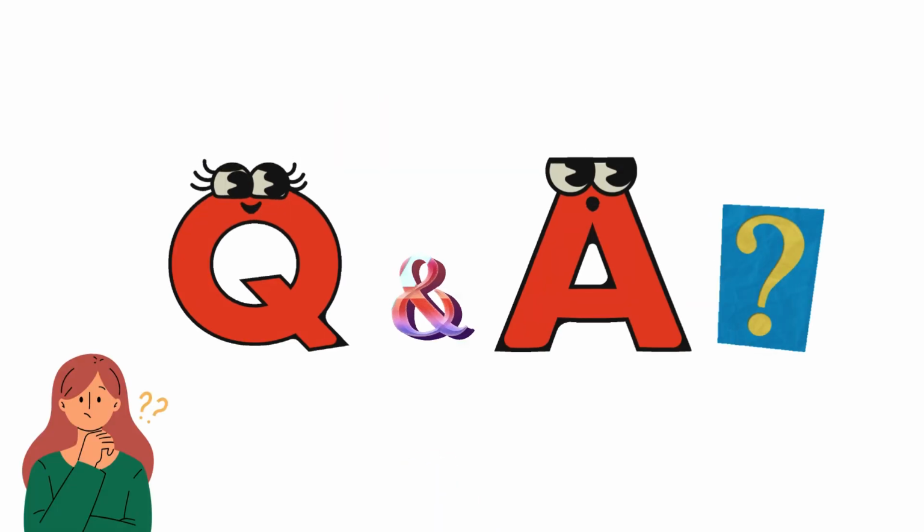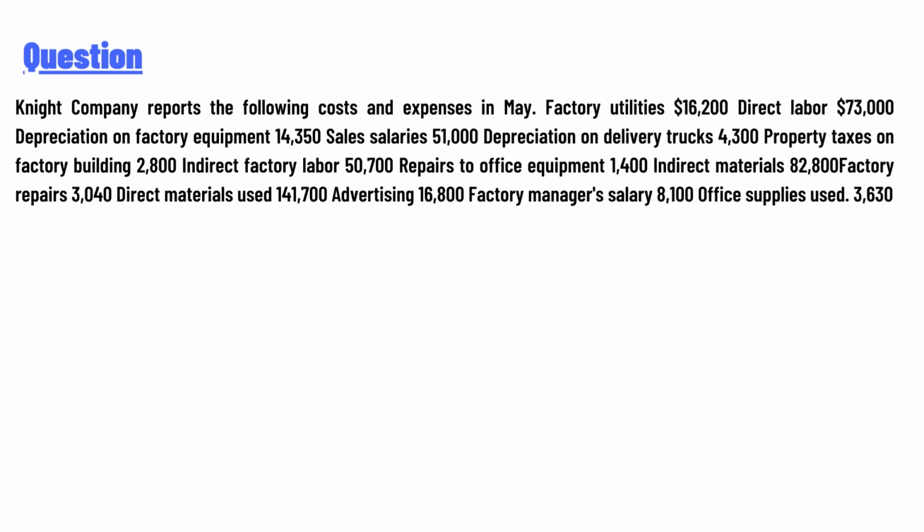So our today's question is: Can company reports the following costs and expenses in May: factory utilities 16,200, direct labor 73,000, depreciation on factory equipment 14,350, sales salaries 51,000, depreciation on delivery trucks 4,300, property taxes on factory building